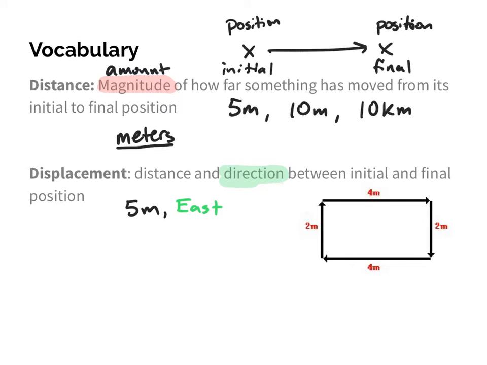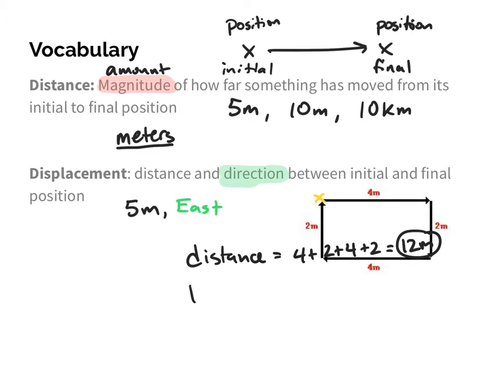So here's a quick little example. Let's say that I have this motion. So let's say that whoever's moving here starts at this location in the top left corner. Okay? They move 4 meters to the right, 2 meters down, 4 left, 2 up. They move in a rectangle. So if I wanted to find the distance here, what I would do is just simply add up all those lengths together. So I would do 4 plus 2 plus 4 plus 2,